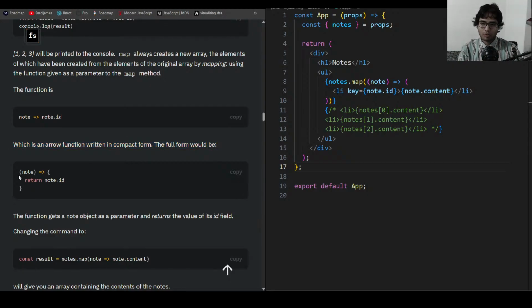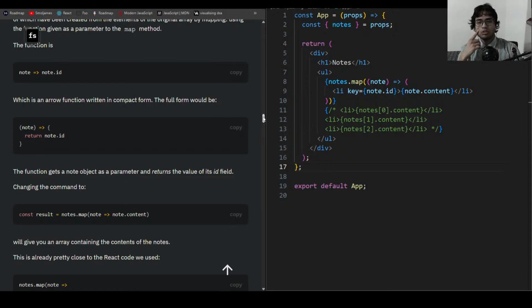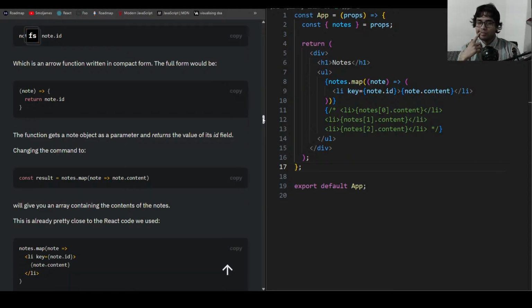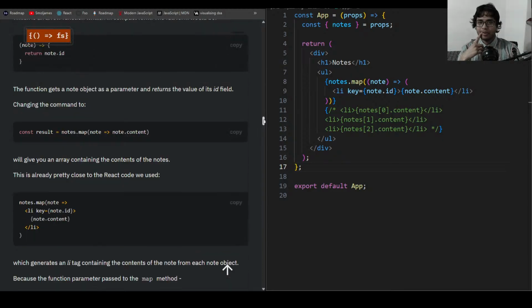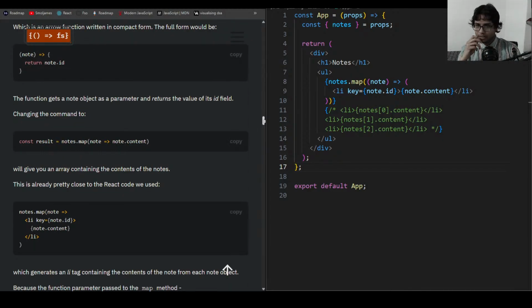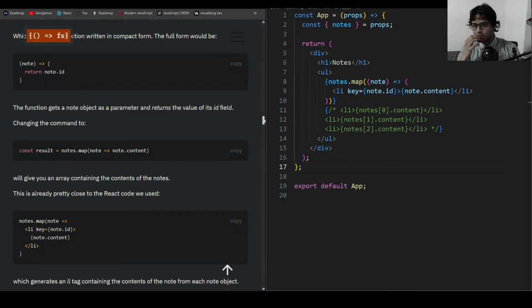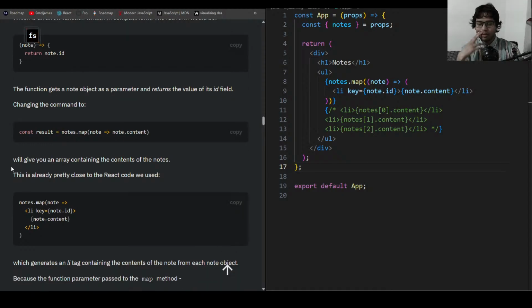The full form would be this return. We return that only. The function gets a node object as a parameter and returns the value of its id field. Changing the command to result = nodes.map(node => node.content) will give you an array